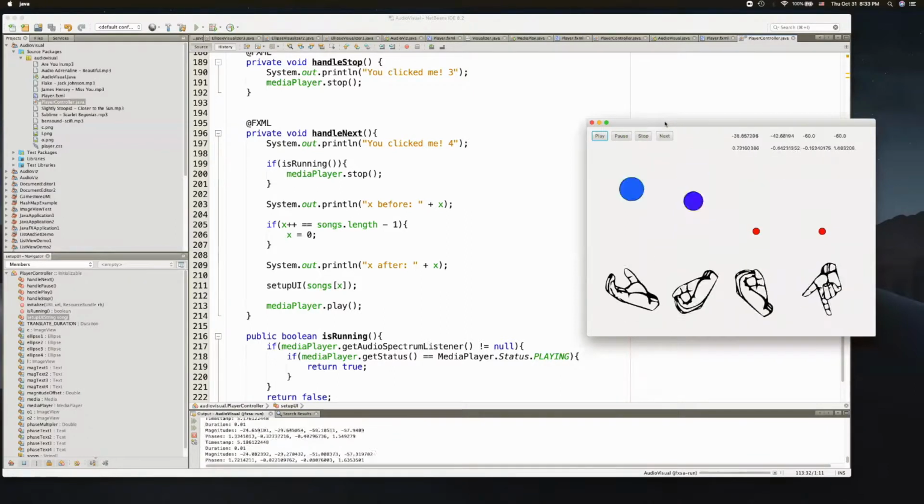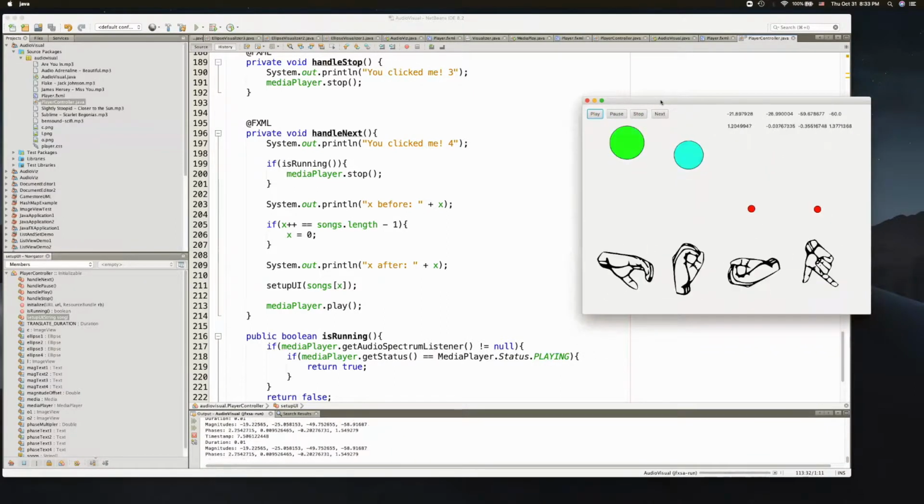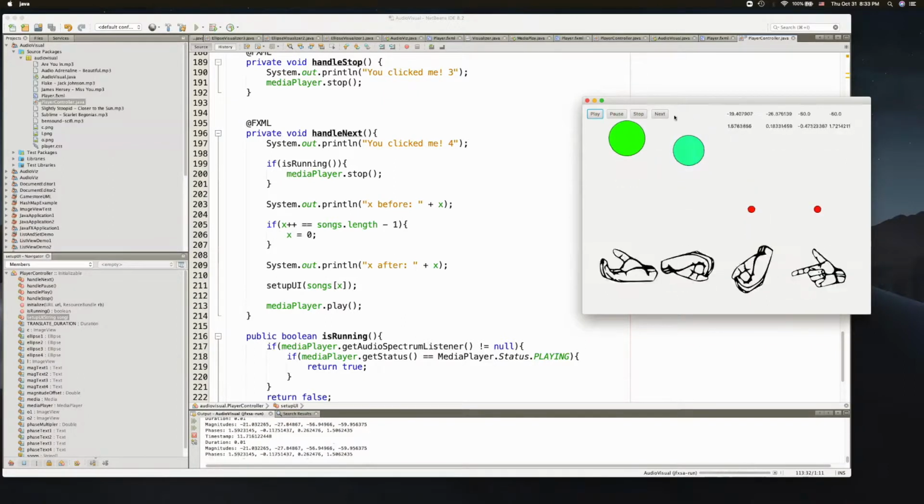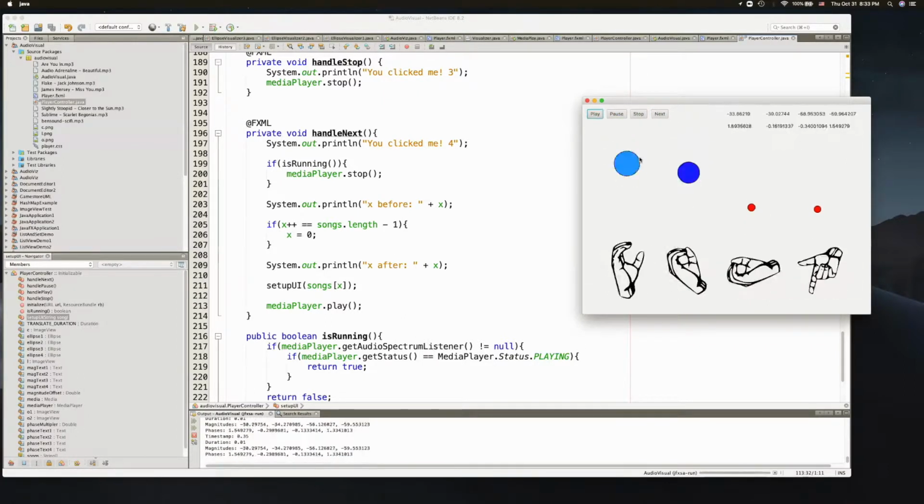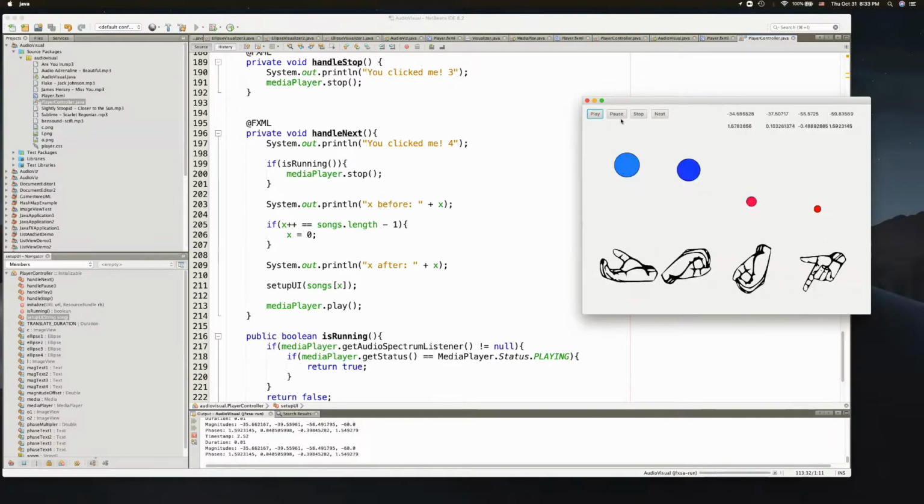You see the autoplay worked correctly. I'm playing the song. X should now be 0. If I click on next, you'll see the next song plays. If I stop it,